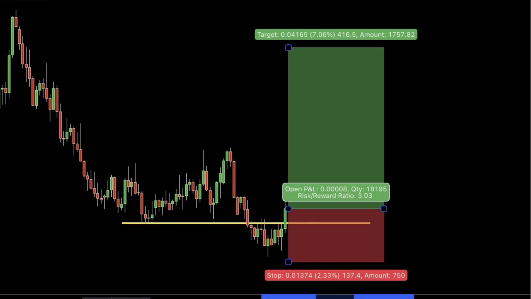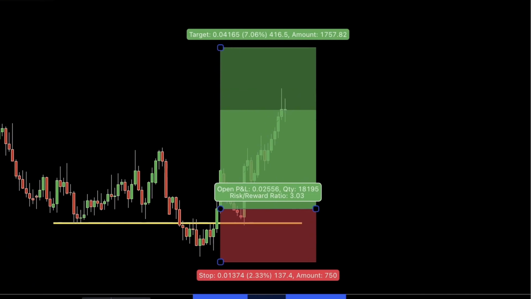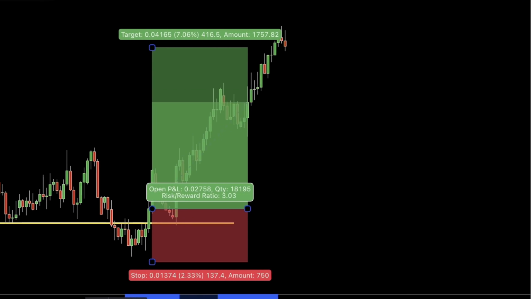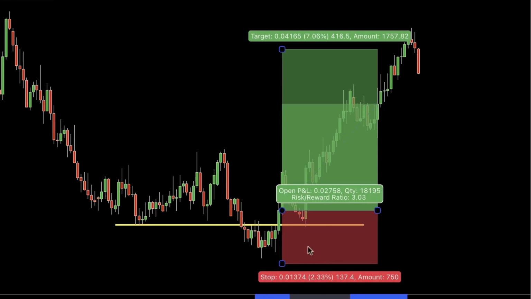Now let's take a moment to dive into the psychology behind equal highs. Why do these levels get so much attention, and how do market makers use them to their advantage? Let's break it down. Market makers and institutions know that retail traders place stop losses just above equal highs, viewing them as strong resistance levels. Smart money sees these levels as pools of liquidity and pushes the price slightly above them to trigger those stops,